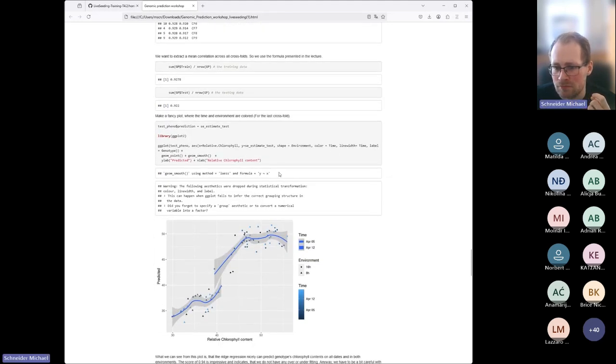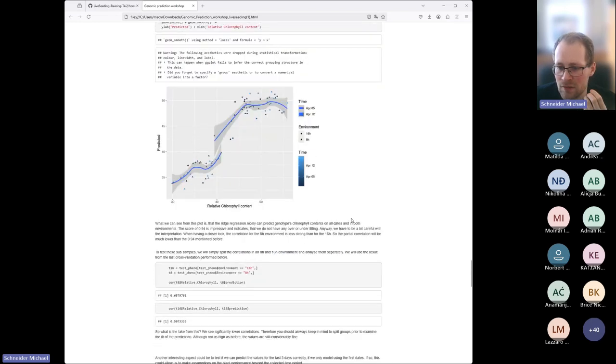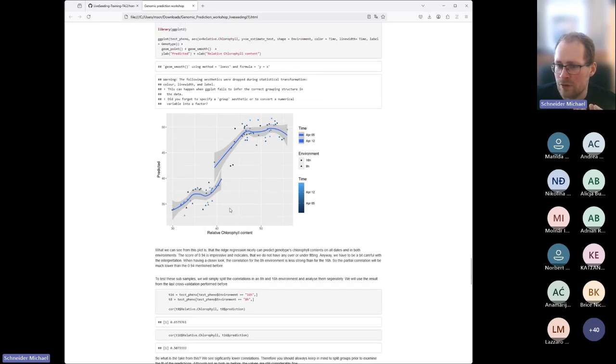When we make now a plot of this, we can see that we have a difference of two different groups in here, which is quite expected. One here is the 8-hour environment of light regime, and here is the 16-hour light regime. And now the question can obviously arise: we see this, and when we draw a straight line through this, then the correlation will be pretty good for sure, because we have a kind of gap in here. But when we are more honest with ourselves and calculate the correlation of this model,